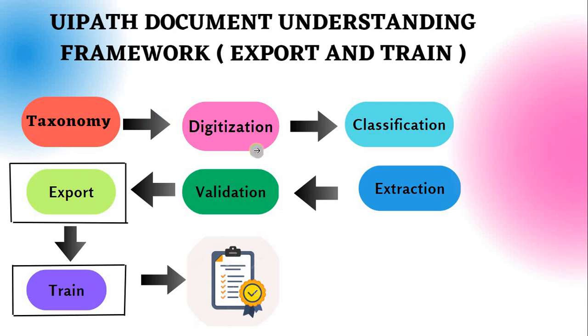Digitization. In digitization we have seen that we can take a non-digitized document and digitize it, converting the output into a digitized output format. In classification, we can classify the document. Extraction, with different extractors: with the help of an extractor we can extract exact fields, or map exact fields with output. And validation,